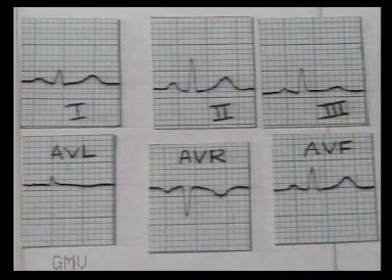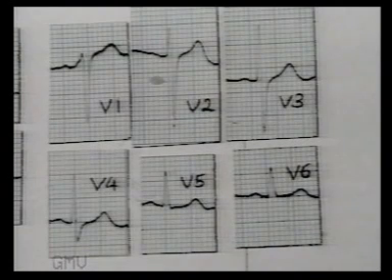A Q wave deeper than 1 mm or wider than 1 mm or more than 1/3 of the R wave is considered as significant. Now come to chest leads and study the pattern of QRS complexes from V1 to V6. If the pattern is normal from deep S wave in V1 to tall R wave in V6, then measure SV1 and RV6 to rule out left ventricular hypertrophy.